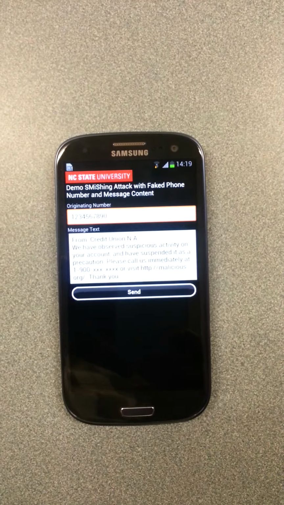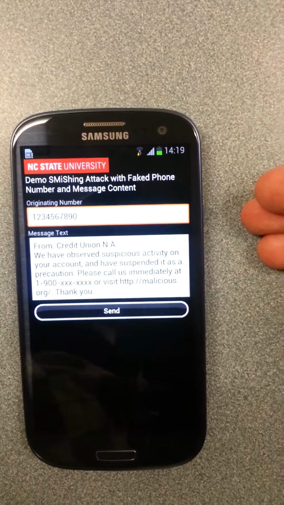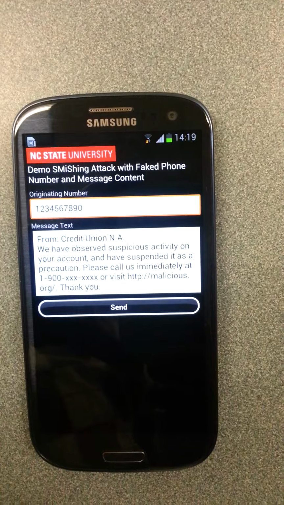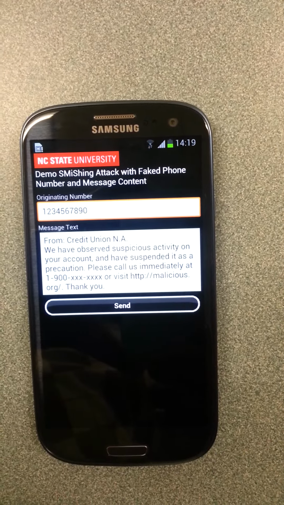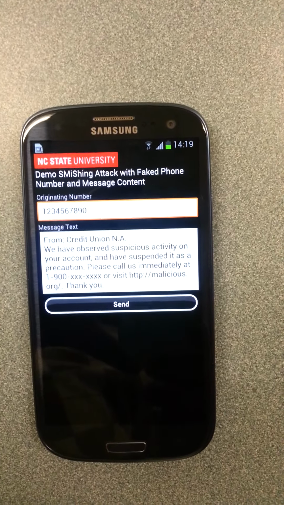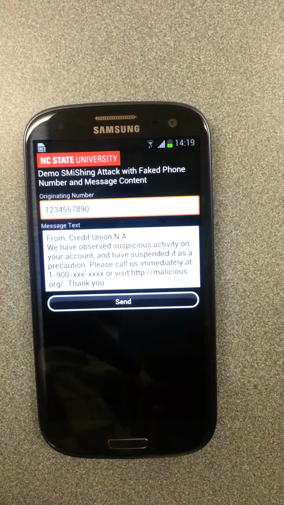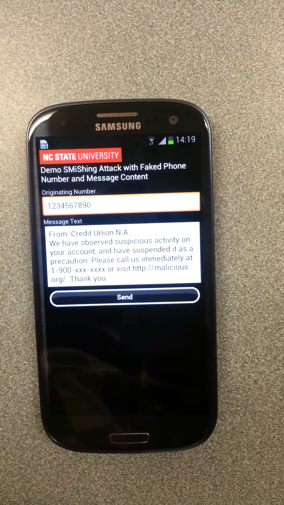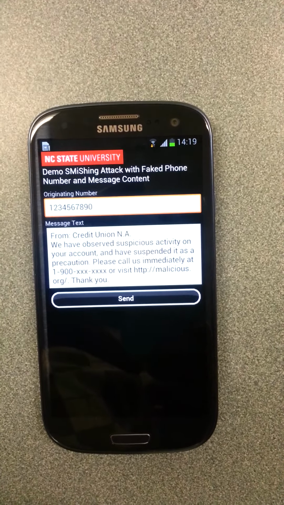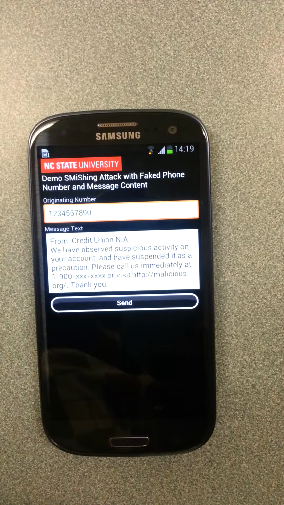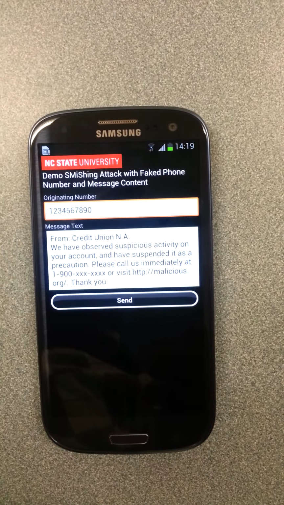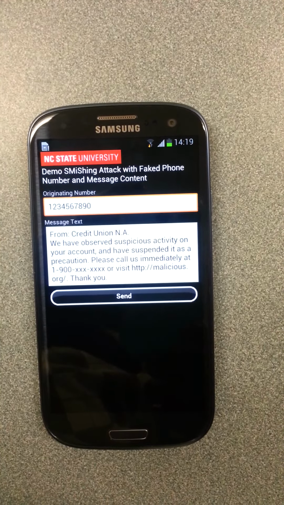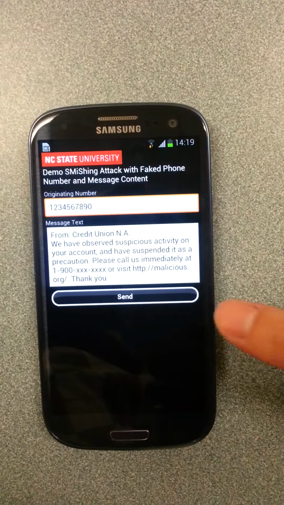However, upon running it, it claims to be able to fake the reception of a text message from an arbitrary number with arbitrary content. This is the essence of phishing. Phishing is essentially tricking the user or some agent that acts on the user's behalf into taking an unsafe action. So in this case, when I press send,